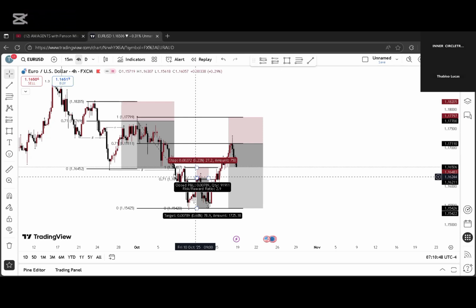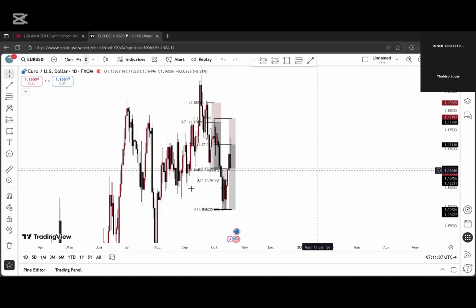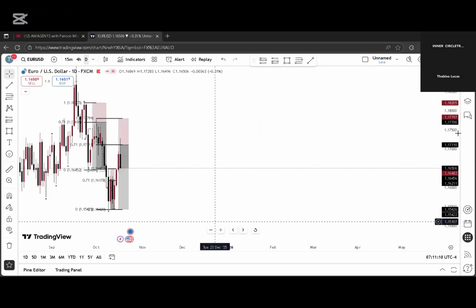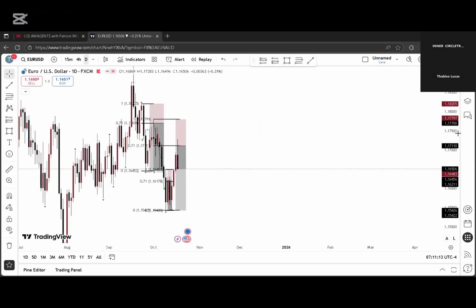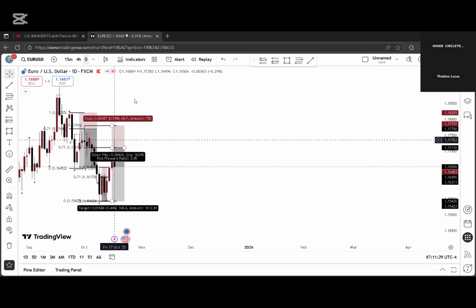Now, currently, this is what is happening on Euro USD. We saw that we had a downtrend, right? I mapped out this breaker structure because it's valid on the daily time frame, and I have to align my setups with the daily time frame, or else my setups won't be that valid. You see. So this was a breaker structure on the daily time frame. I mapped out the fib retracement, but as you can see here on the daily time frame, there's no imbalance. Hence I have to drop to the 4 hour to look for an imbalance on the 4 hour,